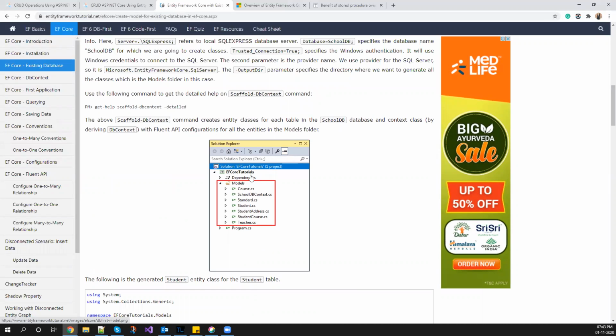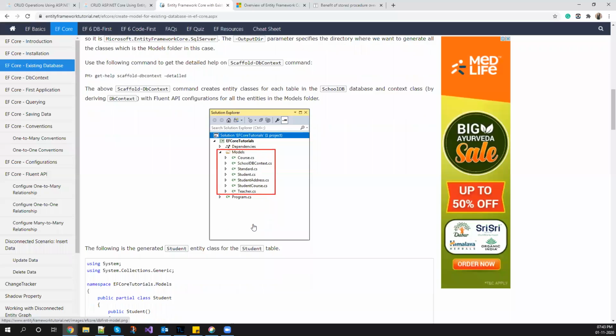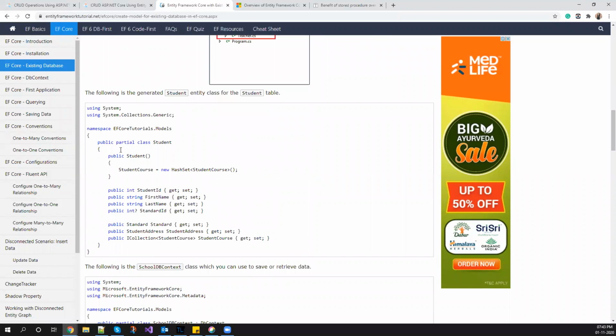See, generally whenever you add Entity Framework, as I told you, there are classes. This Student class is nothing but each of your tables. All your tables get added through your connection. So this is the class. The student first name, last name, standard ID are nothing but the columns of your table. So it by default adds the class that is already generated for you from the table.